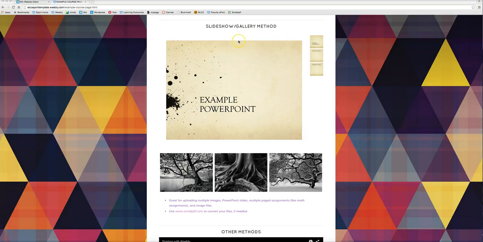In this tutorial, you will learn how to upload images and PowerPoint slides into a slideshow or gallery. This is useful for uploading multiple images. Again, PowerPoint slides, multiple page assignments such as math assignments, and other image files. I like to use this for math assignments because I think it looks better than the button or text link